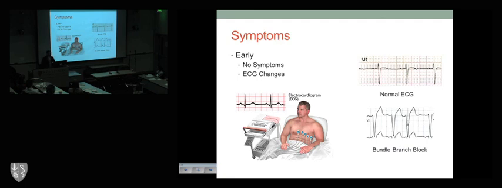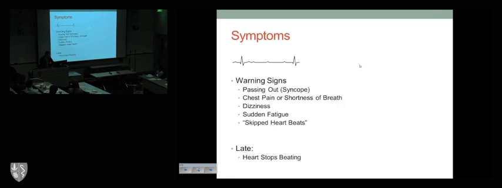But a lot of the findings that we're looking for are more subtle. Very, very subtle changes, such as an increased distance between the time that the top of the heart beats and the time that the bottom of the heart beats. Things like that are the other things that we look for. When we see this in normal folks, folks without myotonic dystrophy, we might not make a big deal out of it. We might think, well, this is a subtle electrical abnormality. It's not a big deal. It's probably not going to be a problem. But what we do know is that folks with myotonic dystrophy do progress a lot faster than other folks. And so when we see these abnormalities in DM, it does cause more concern.